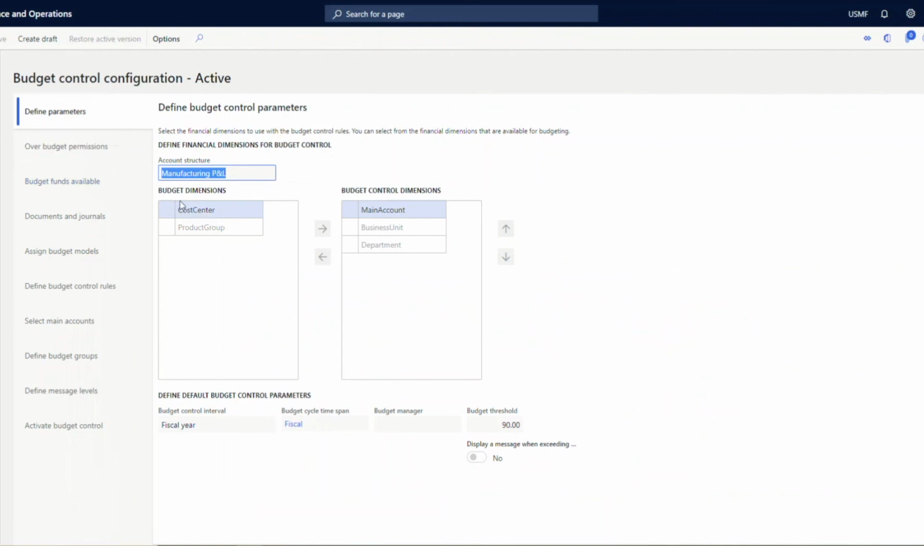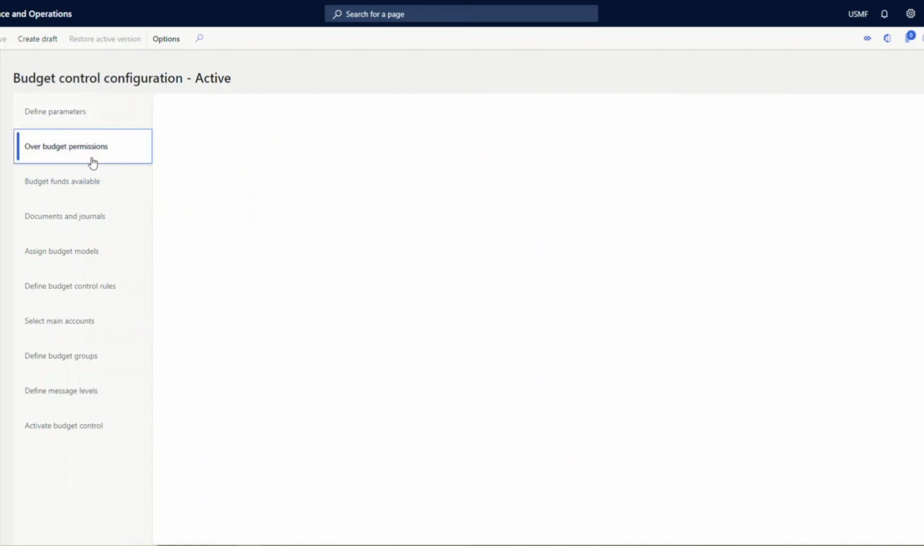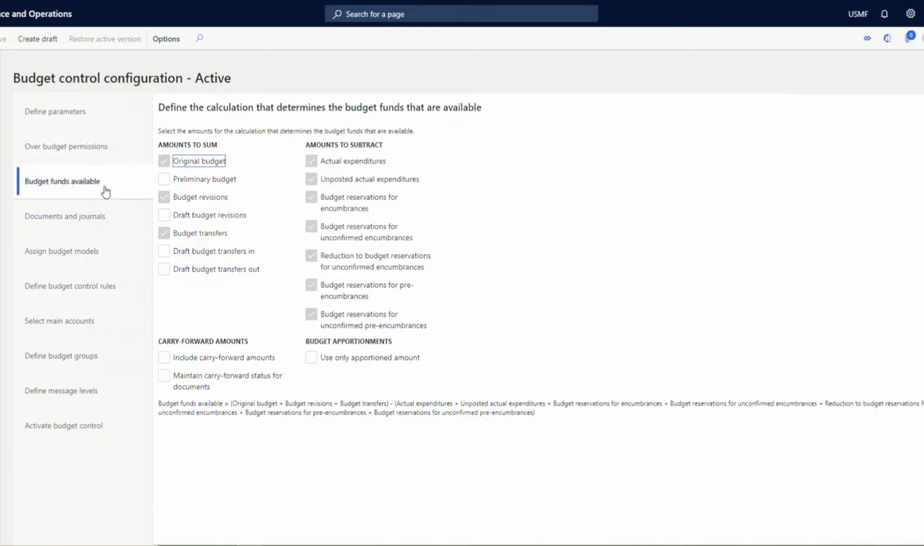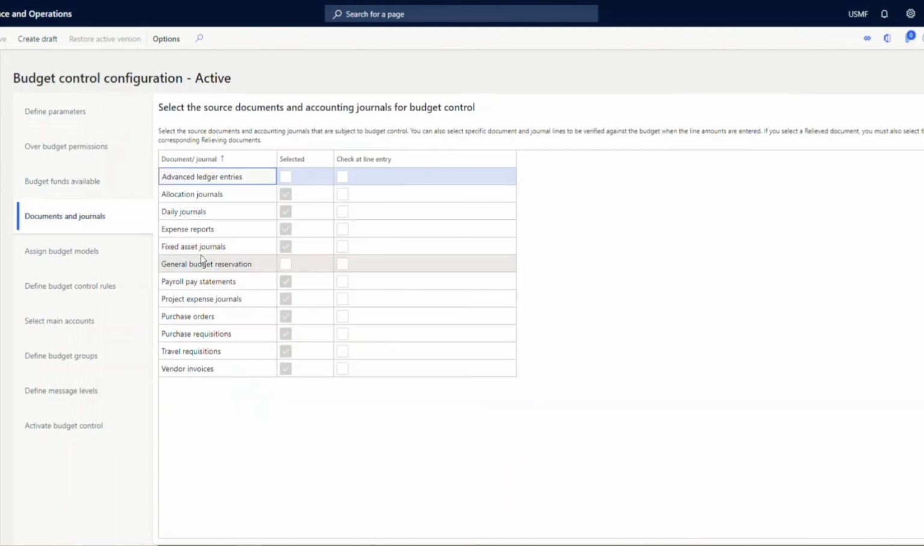Now based on the budget dimensions, we have selected which dimension the control should be placed on. So it's a combination of main account plus business unit plus department. I can set up the budget override user groups. I can set up the budget funds available. I can set up which documents the system should validate against and stop the user when the budget is exceeded, or even the journals where the budget check is supposed to happen. Now, based on whether the budget control is activated or